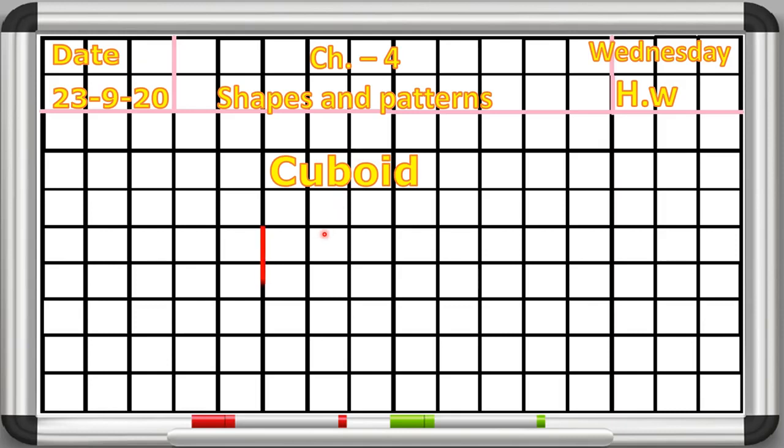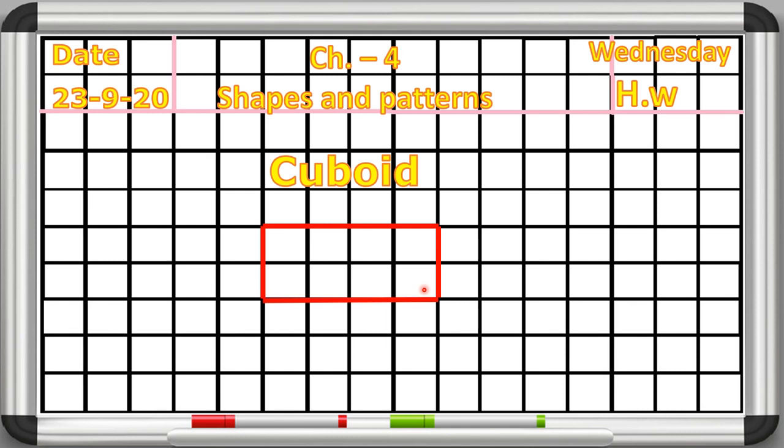First of all we will make a standing line like this, and then a slipping line like this. We are making 2 standing lines, and 4 slipping lines. Again, 2 standing and 4 slipping lines. So here we have made a rectangle.